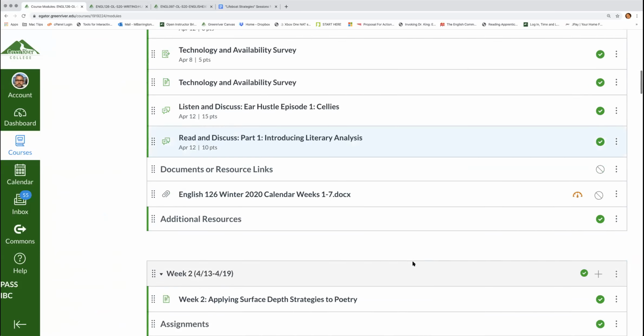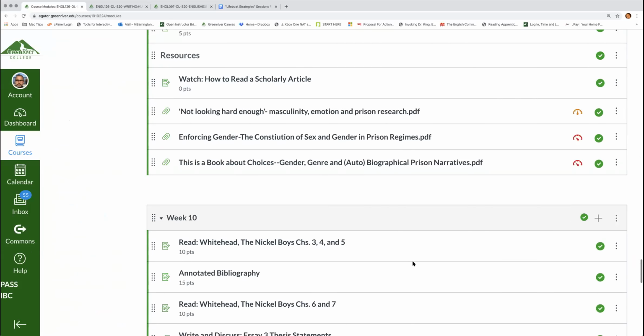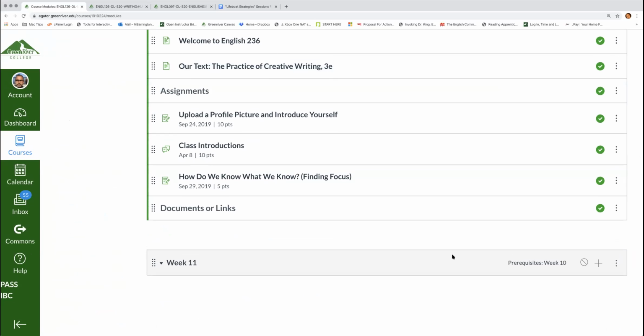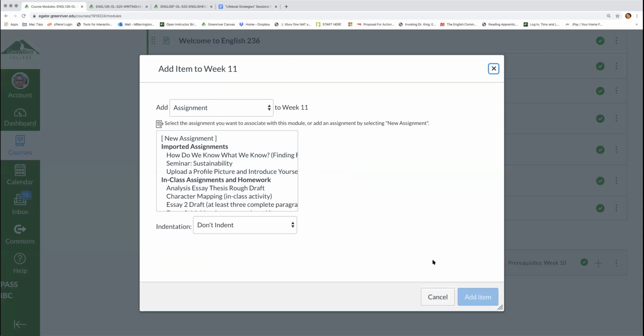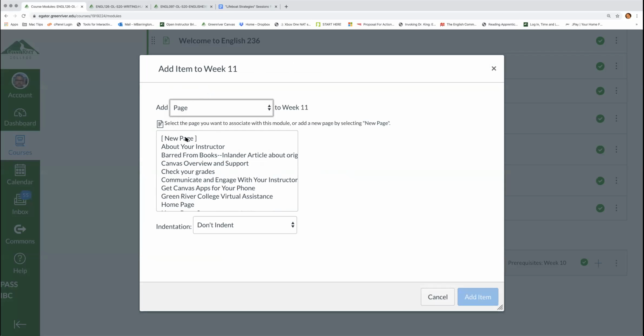Once I've added the module, it should appear at the bottom of the screen. And then I can begin to add content to it. I have to click publish to make it live. The green check marks indicate that the module is visible to students. And then I can begin to add content, such as I might start with a page where I might lay out